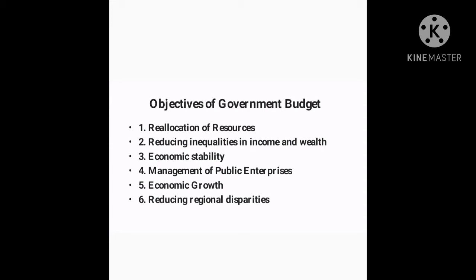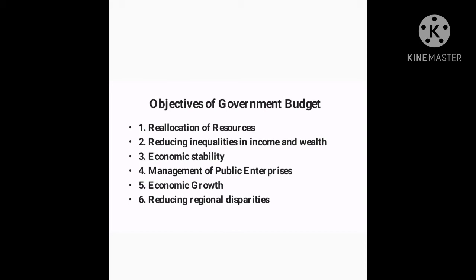Third, economic stability. Budget keenly focuses on lowering the price fluctuations in the market. Policies like deficit budget during deflation and surplus budget during inflation thrive on bringing stability within the economy. Fourth, management of public enterprises. Several public sector industries are established for the social welfare of the public. An annual budget provides financial aid to such businesses to grow. This objective organically strengthens the economic structure of a nation.